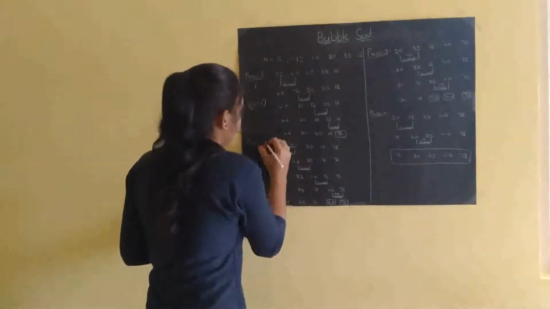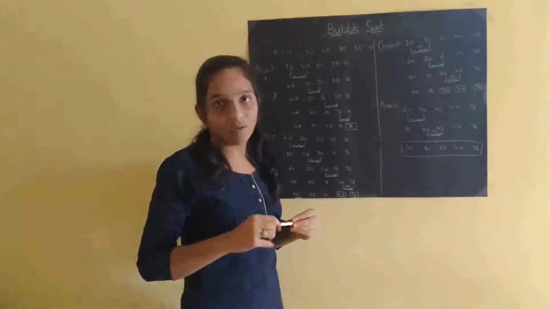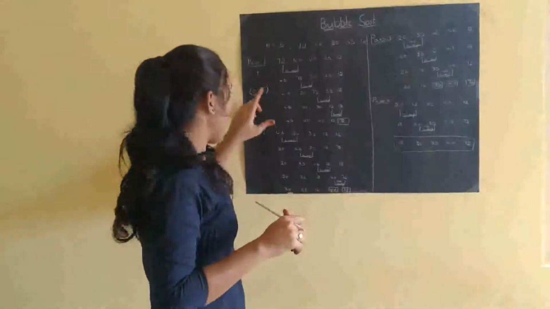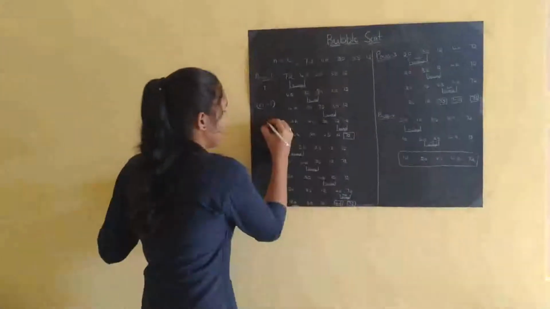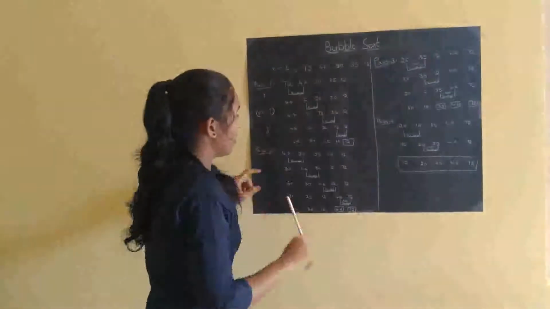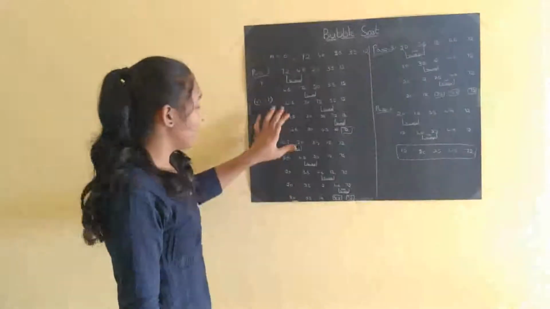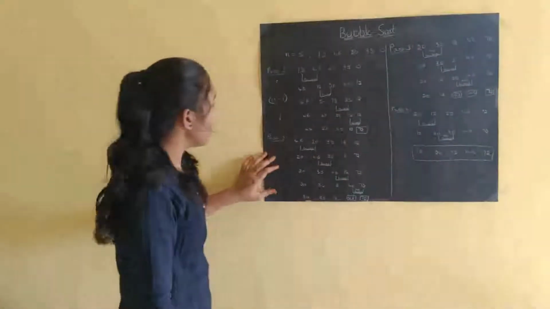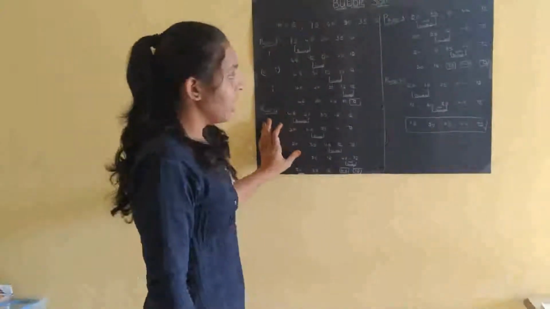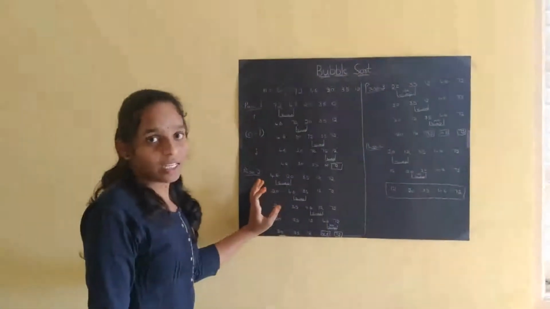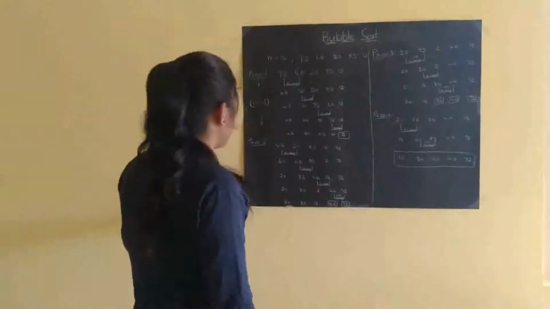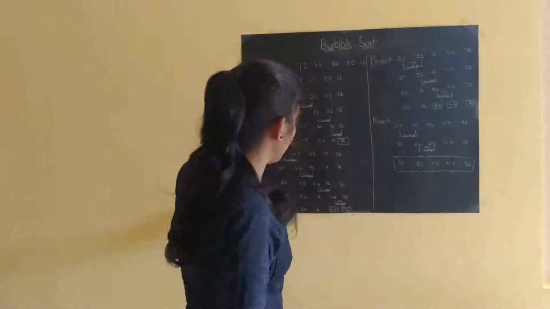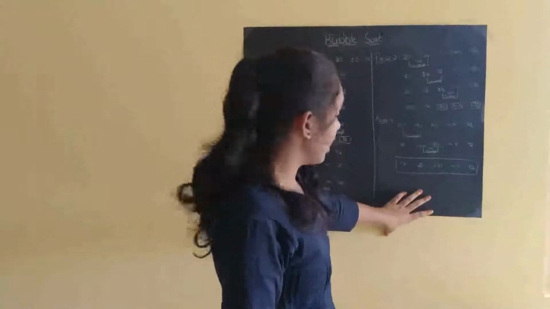And we have to use the nested loops: in the outermost loop, that is i, for the passes, and in the innermost loop, that is j, for the comparisons done in each and every pass. Next, in the same way, the same procedure is repeated until we get the n minus 1 pass to get the final sorted list. And this is the final result, which is in ascending order.